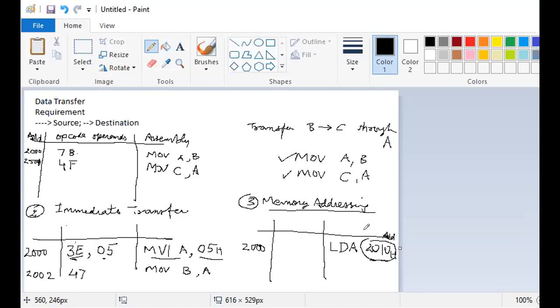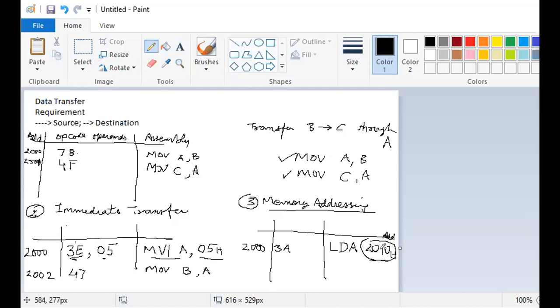When you look at the table, you find that the code for LDA is 3A. This is 1 byte, and will be stored at the address 2000.